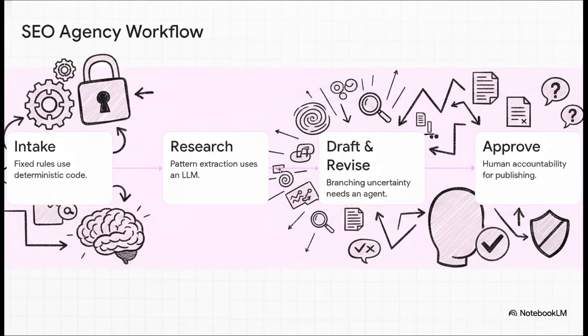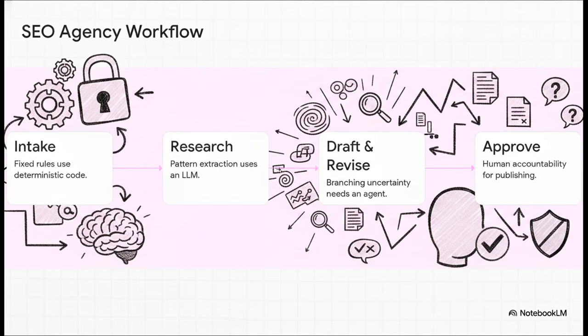Step 2. Researching keywords and competitors. That's pattern extraction, meaning a standard LLM handles it perfectly. Step 3. Drafting and revising the content. Now here we have branching uncertainty. Maybe the draft needs 3 major revisions, or maybe just 1, so this is where we deploy an agent. Finally, Step 4. Final approval and publishing. That requires real-world accountability, so it's a human. By typing each workflow node this clearly, we establish super strict autonomy boundaries that keep the whole system completely safe,